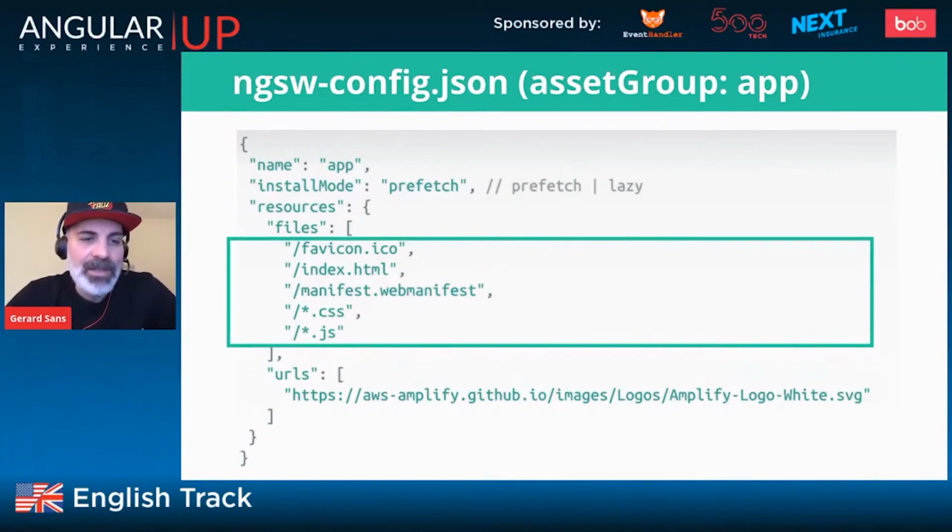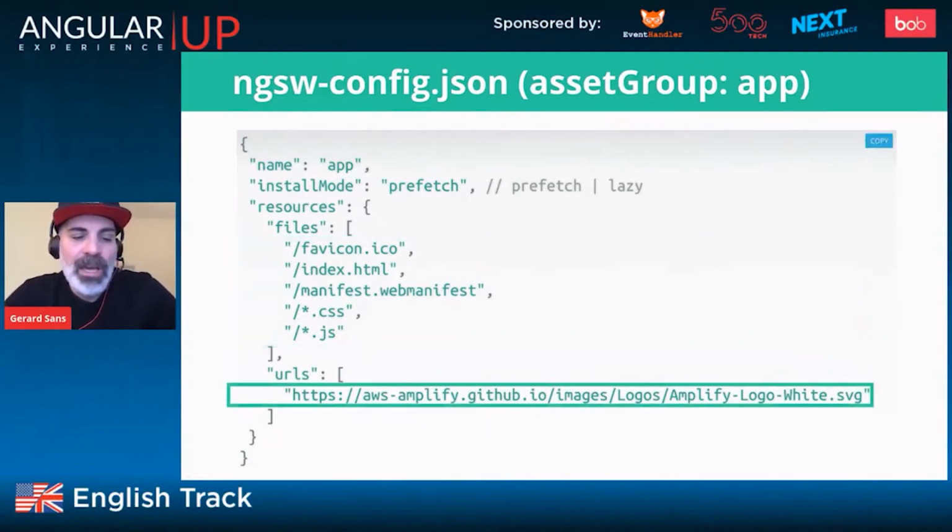like CSS and JavaScript. To fix my issue, I had to include this new group, which is external URLs. And this is an array of the different URLs that we want to use. Here, you can see that this was pointing to GitHub, and this is the SVG that renders the logo. You can also see this working for Google Fonts and any other external URLs that you want to use. Another option that you may decide to use is to move the asset to your public folder, and then you can move that to the files